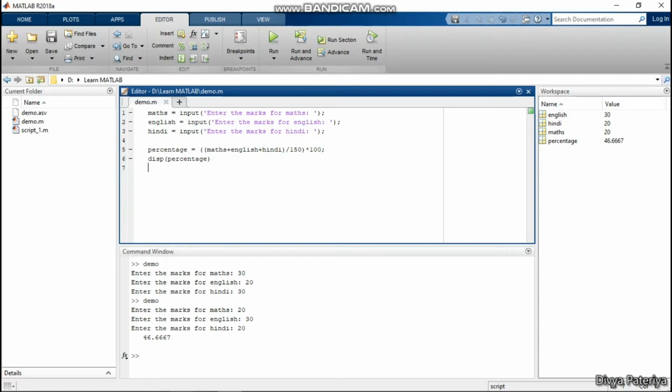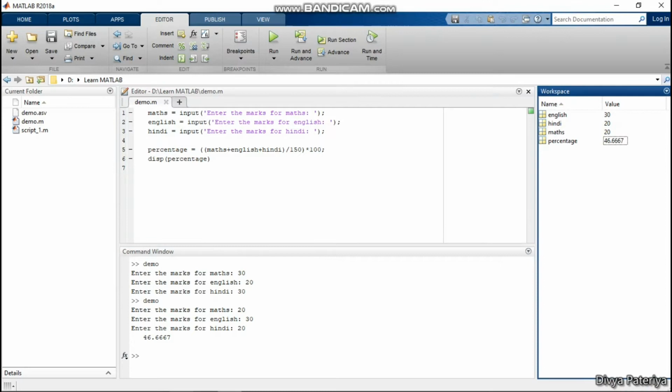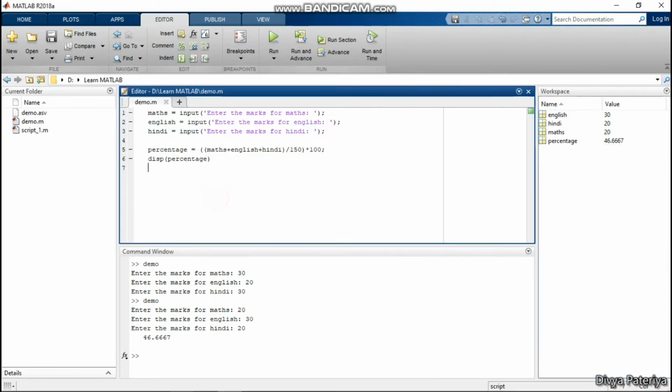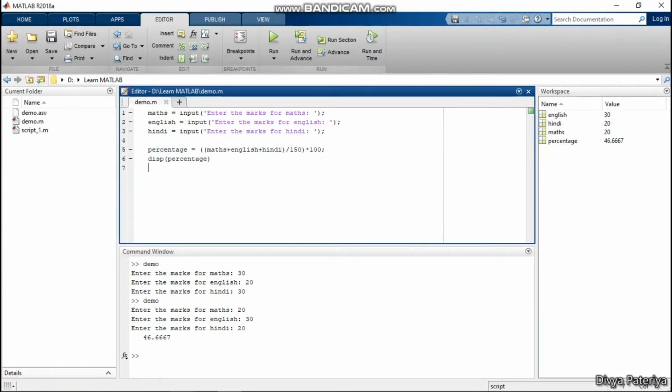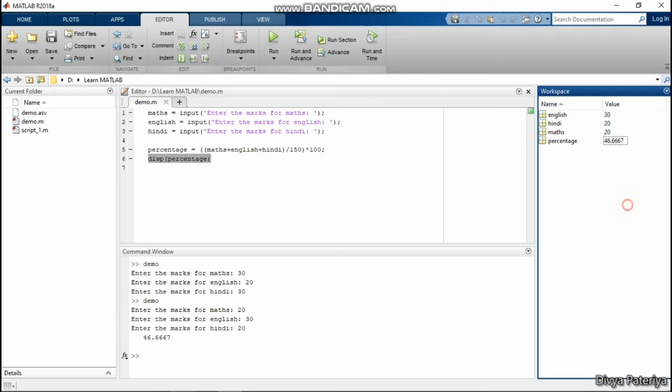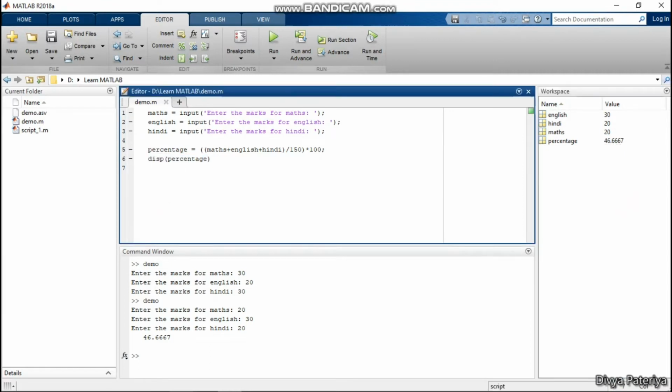We must note here that the workspace only consists of the variables we create inside the script file or the command window. But this sixth line does not create any variable, it just displays the variable percentage inside the command window. So this is the reason why the output of this command is not stored inside the workspace. So this is how we can print out any variable created inside the command window or a script file.